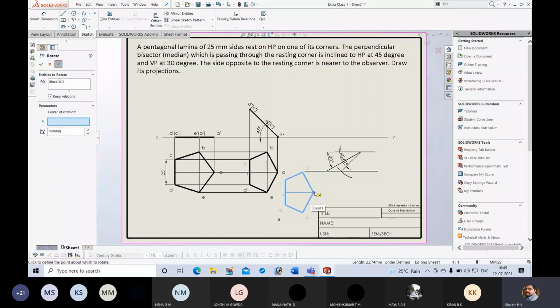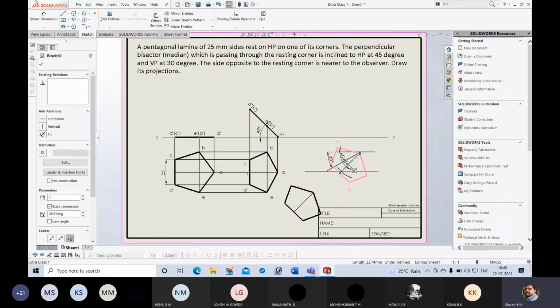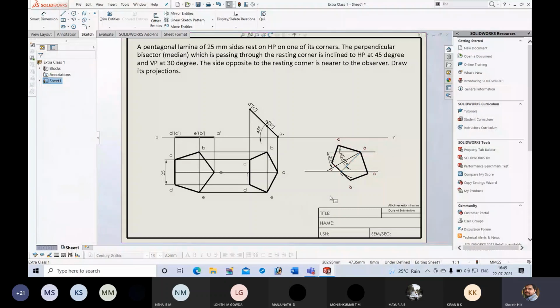For the center of rotation, I will choose A, angle 45 or 45.61, that is the beta angle. Click on OK. Now it is inclined at 45. Now you can directly move it using the mouse and keep it on this line.